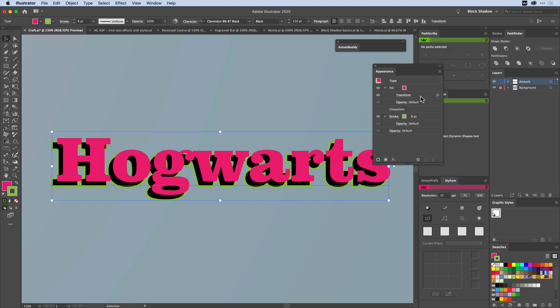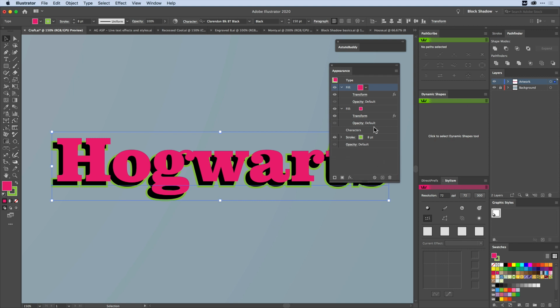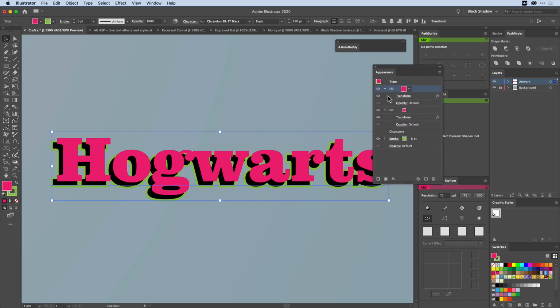We can apply individual effects to things here. So I could, for example, go to the fill and I can duplicate it. To duplicate it, I click that existing fill and I drag it down to that plus icon at the bottom of the Appearance Panel, and that's duplicated it. And with that duplicate version, I can go back to the transform one.